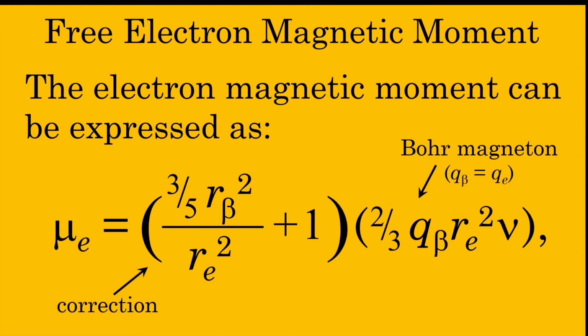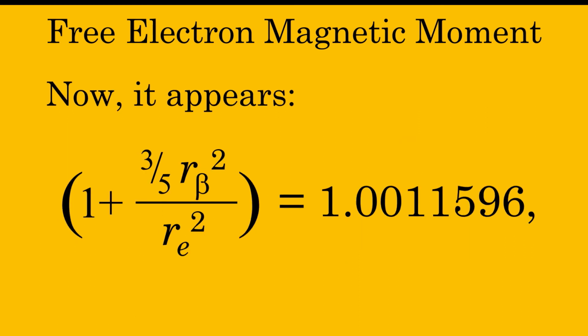The moment of charge of the beta electron corrects the Bohr magneton to the electron magnetic moment. Since 2/3 q_e r_e squared nu is the hollow sphere approximation, which is the Bohr magneton, 3/5 r_beta squared over r_e squared plus 1 is the